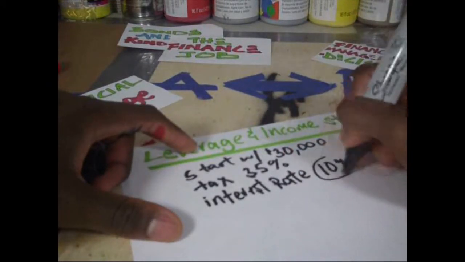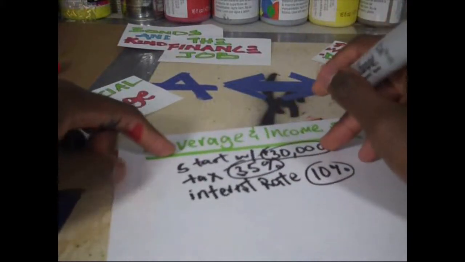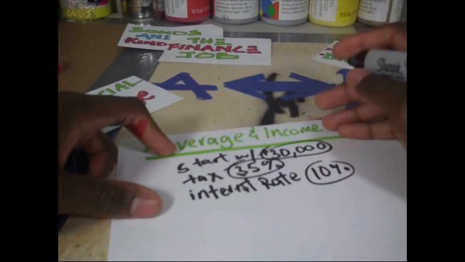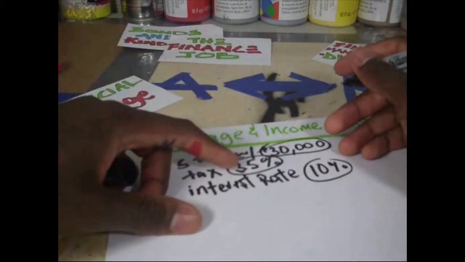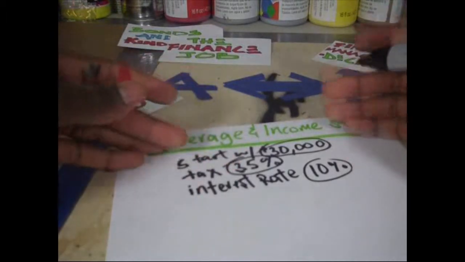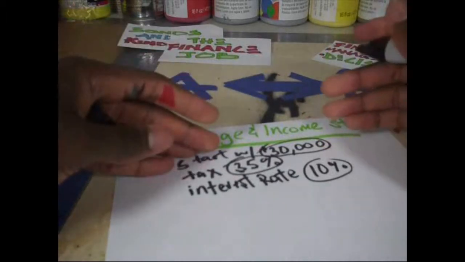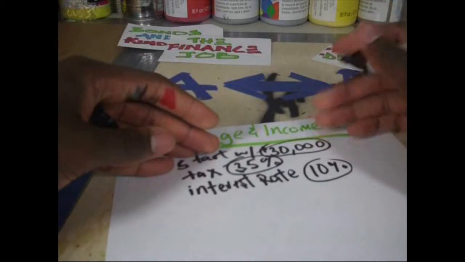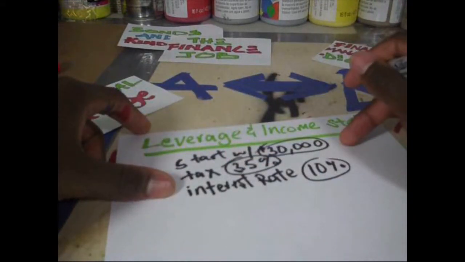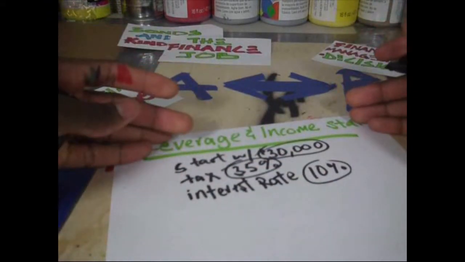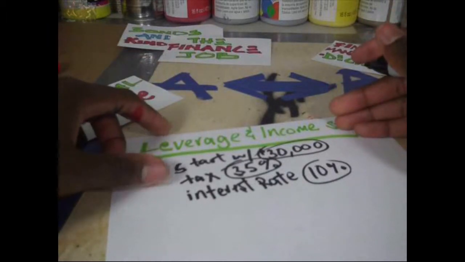So again, for our very simplistic example here, all we need to know is that we are planning to spend $30,000, okay? We have $30,000. We have a choice. Either we make an investment with this money or we borrow the $30,000 to make the investment. So we can either use the $30,000 that we have to make an investment, or we can borrow $30,000 from the bank. So let's take a look.